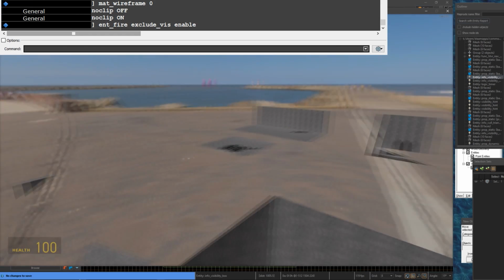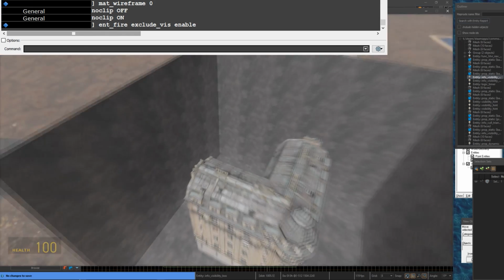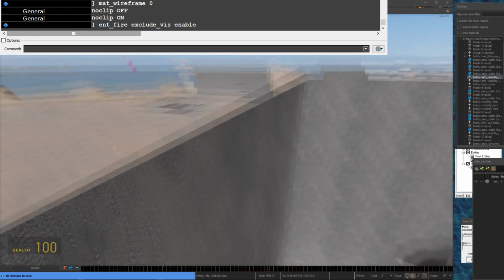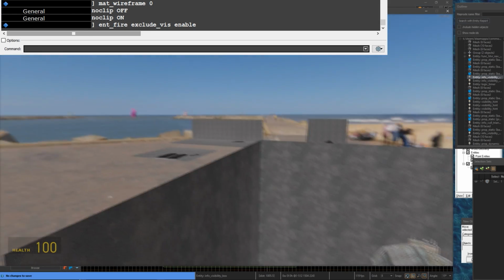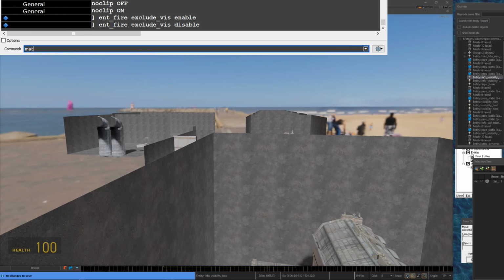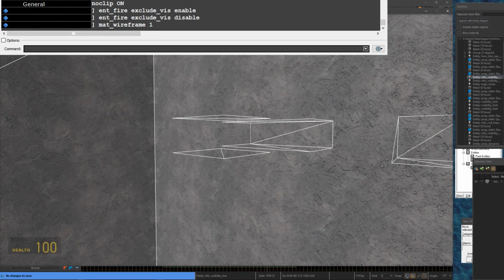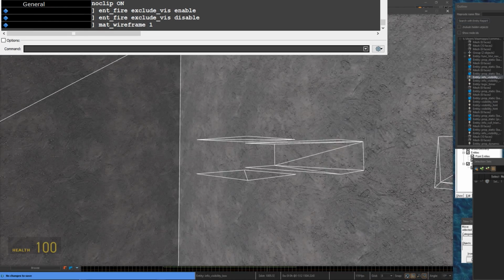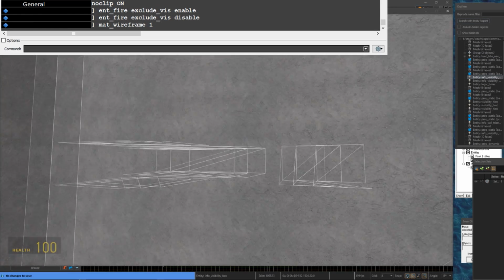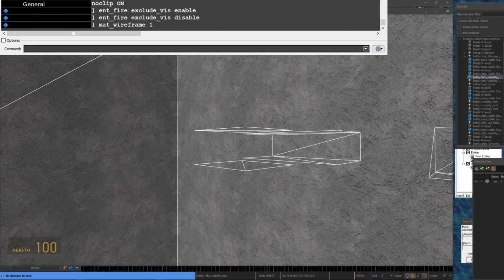The other geometry you can see is there for an unknown reason. Viz should be hiding these partial meshes, especially when you're inside of a Viz cluster that has no line of sight to the cluster containing that geometry. This is not actually an issue with the VisBox itself. As you can see when I disable and turn on wireframe, there's still geometry being rendered that shouldn't be rendered. This may be a bug or some undocumented behavior, or maybe it's how the new Viz system works, or maybe it's even a leak. We can visualize this further though by using the